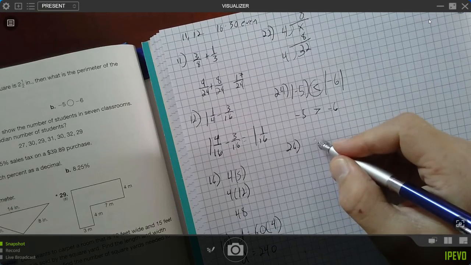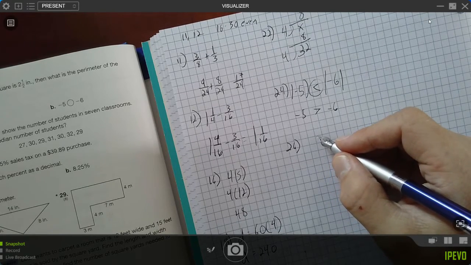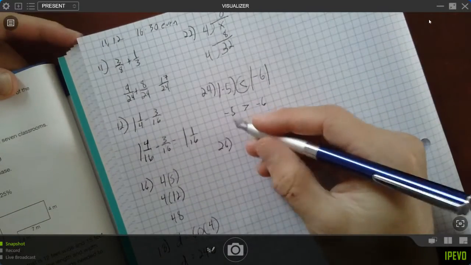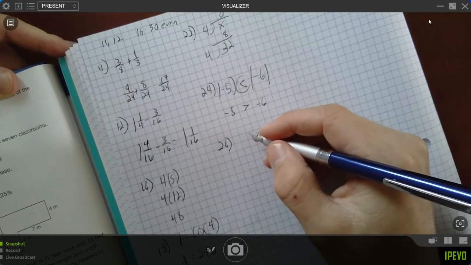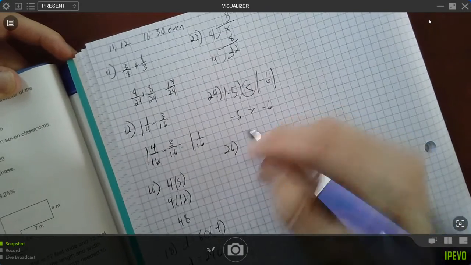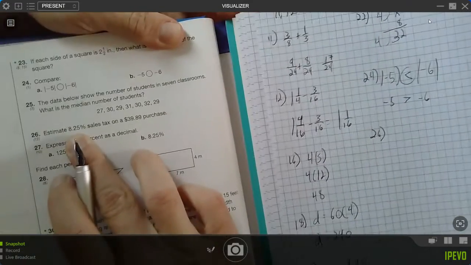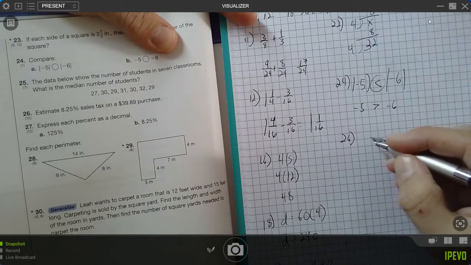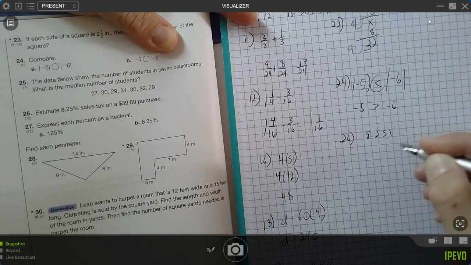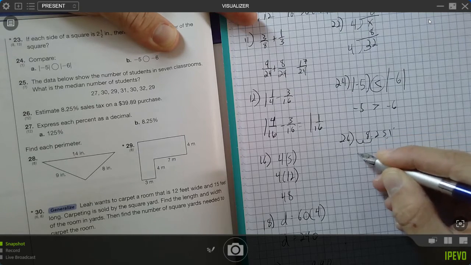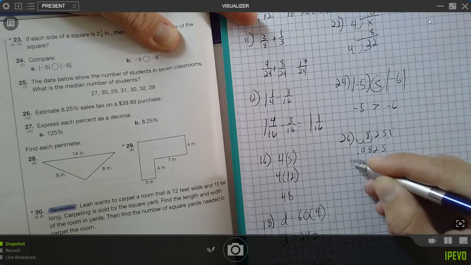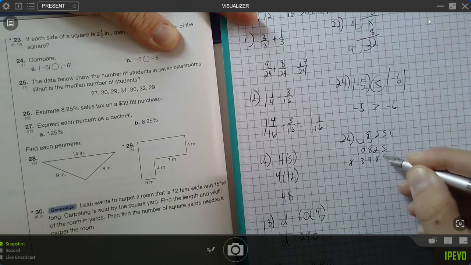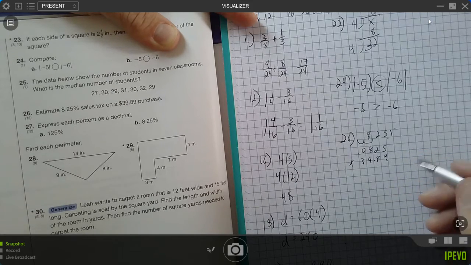26, estimate 8.25% sales tax on a $39.89 purchase. Estimate, so they don't want me to do the whole math. So I could do 8.25, right? That's the percent. I can move the decimal over 2 and do 0.0825, and I could times that by 39.89, and I can get my answer. Okay, or